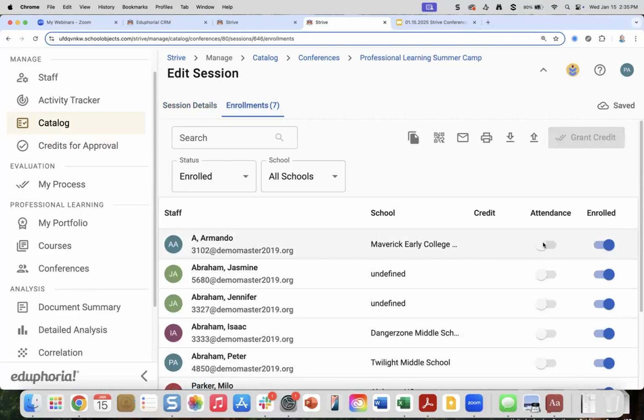These people are all enrolled. When the session is over, either through digital sign in or just me going in, I would turn the attendance on that they did actually attend. I can't do that because the session hasn't happened yet. But I would want to go in and turn that on for everyone who attended. And then